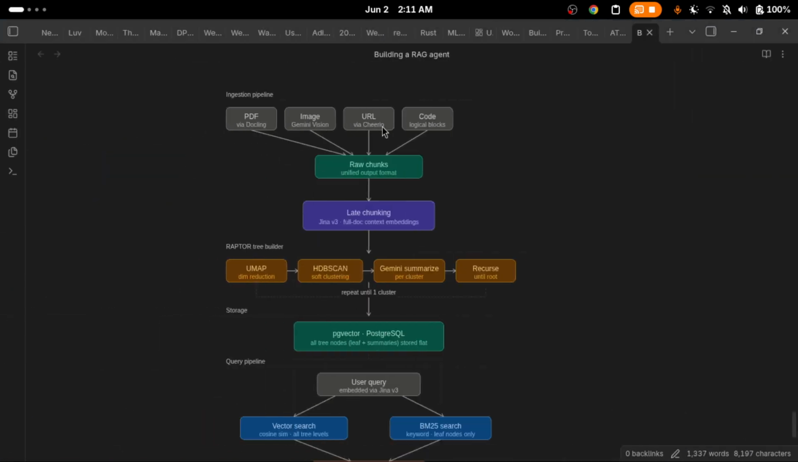We are not just doing PDF chunking, we are also doing image chunking. We will take an image and use the Gemini vision model, which will create the chunks. For URLs, we are using the CIO model. For code, we use logical blocks, and then we put that into the raw chunks using the doc. We will take those raw chunks, do late chunking using the Jina V3 model, and then use the RAPTOR tree builder, which will first